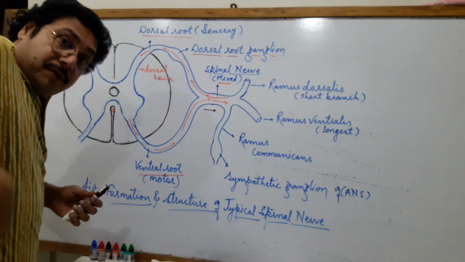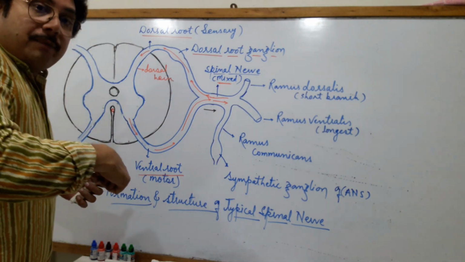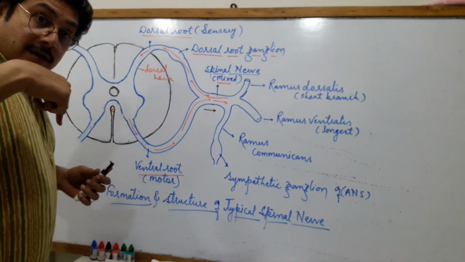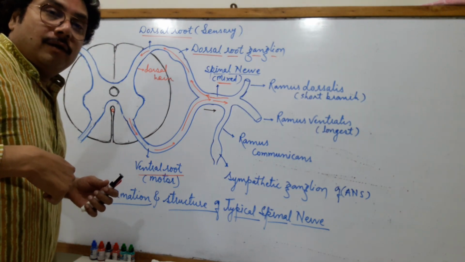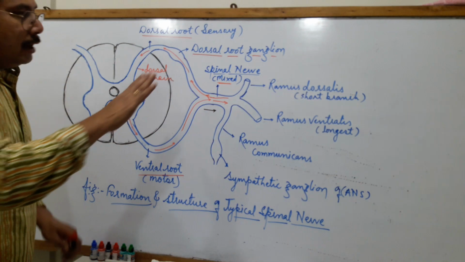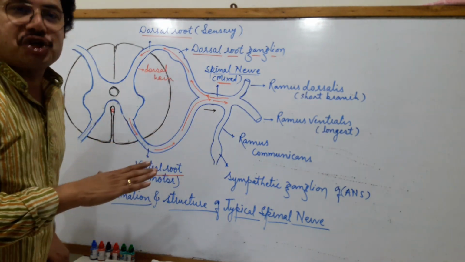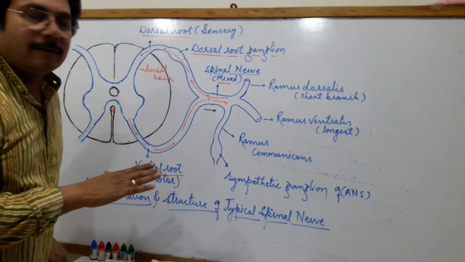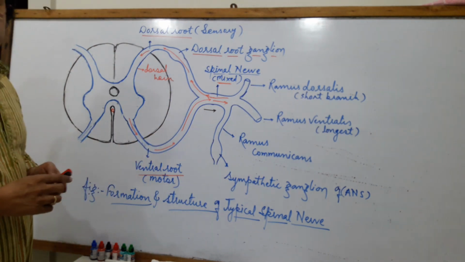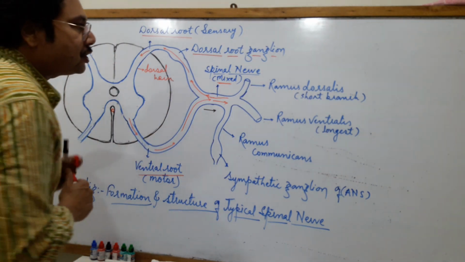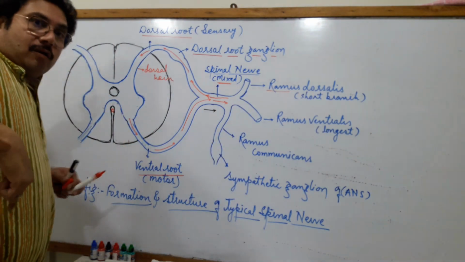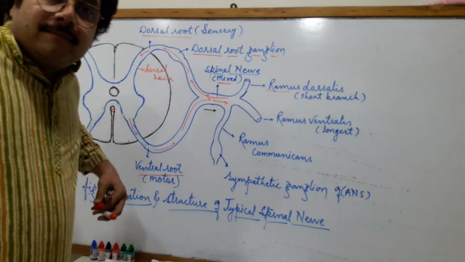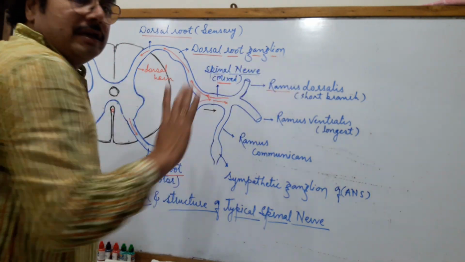One is a dorsal branch, going backward; a ventral branch; and another is a downward branch, which goes deep inside the body. So in this way there are three branches, and the branching is called ramification. Ramification means branching. So these branches are also called rami, out of which the dorsal branch, on either side, right and left, is called the ramus dorsalis.